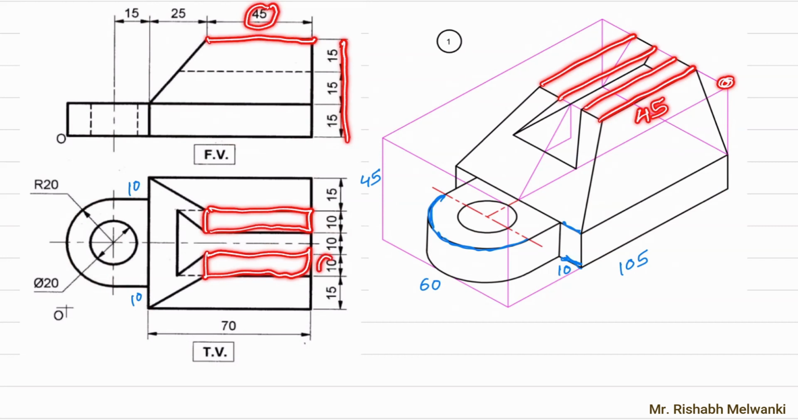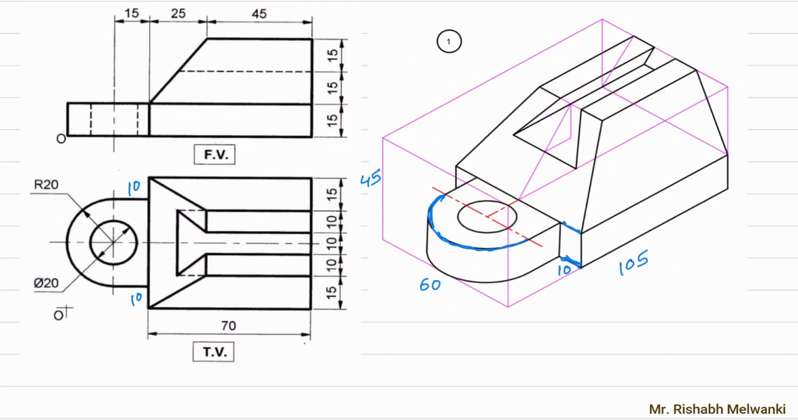Whereas this width is 10 millimeter. So this width is 10, this width is 10, and in between the gap is also 10. Here you can see the gap is also 10. So what you will do, from this topmost point you will move inside by a distance of 15. Same way from this side also you will move inside by a distance of 15, and then on the top